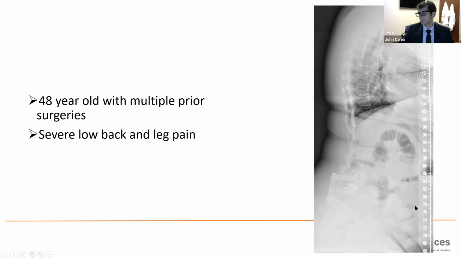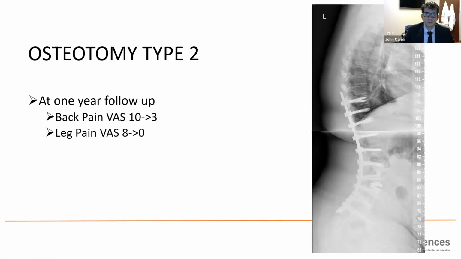So ultimately, the person who put in this arthroplasty did us a favor without doing her a favor, because what we could do is we just did a posterior column osteotomy through that segment, and we're able to fish mount this L4-5 arthroplasty to restore her L4 to S1 lordosis.